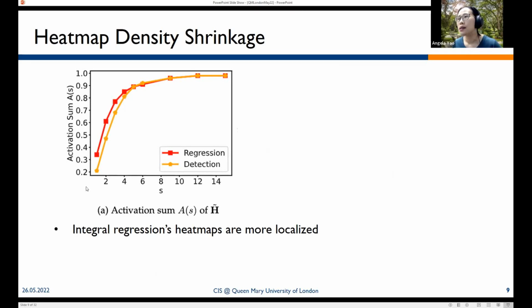Here, basically, we're defining or fixing some area S. This measure S defines how large an area we're willing to consider for the heat map. And then we sum up all of the activation inside. What we observe is basically that as